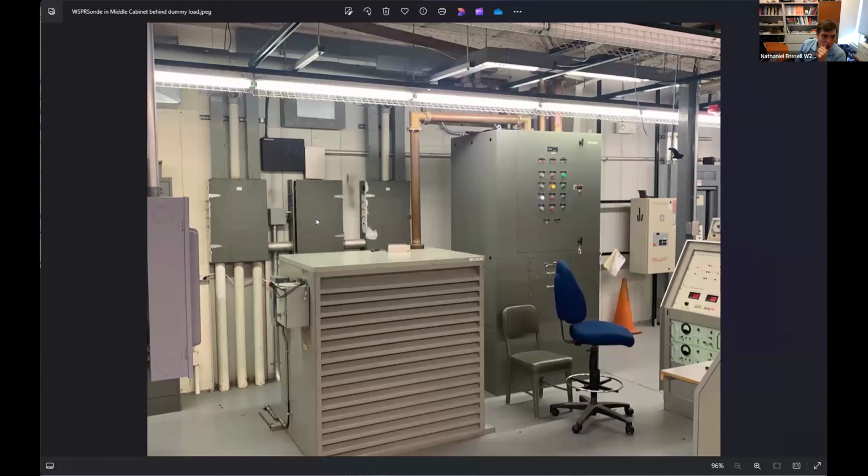And so our cabinet is this cabinet back here, the middle cabinet. This is the dummy load. This is the matrix, as it's known, and this is the switching for all of the antennas and the transmitters. The transmitters are right to the left of all of this. So we have a 1 watt transmitter doing WHISPER beacons next to two 50,000 watt transmitters on LF.